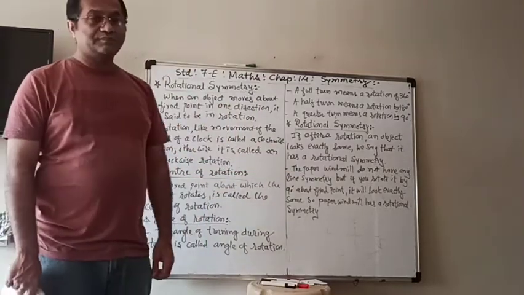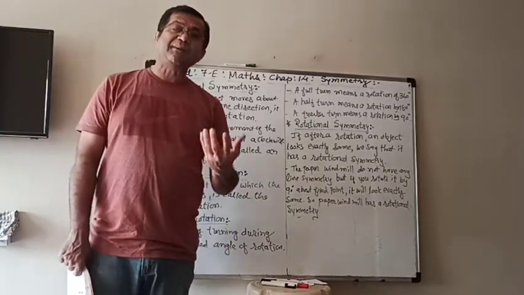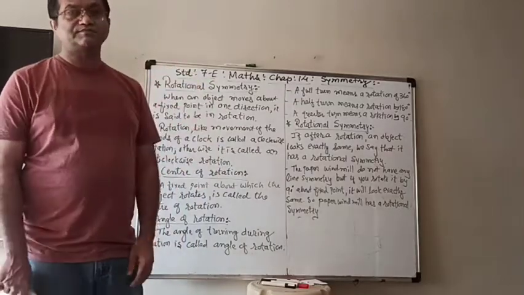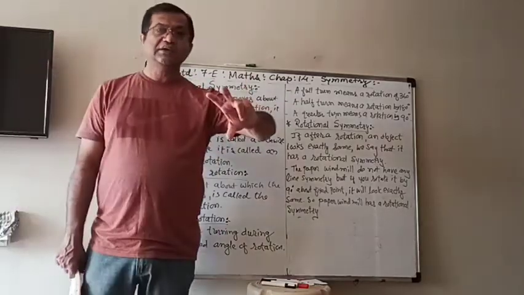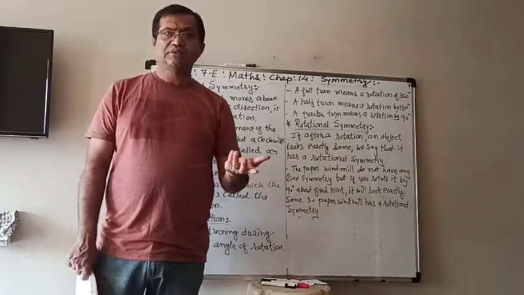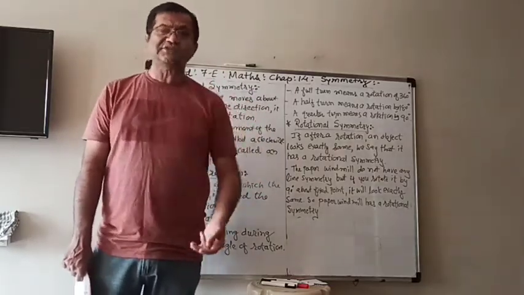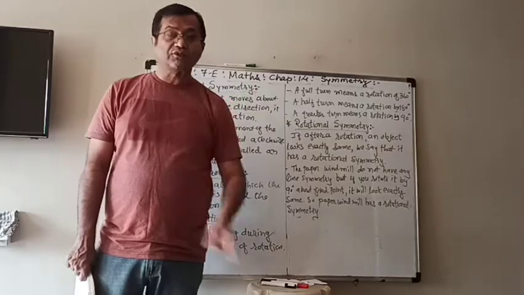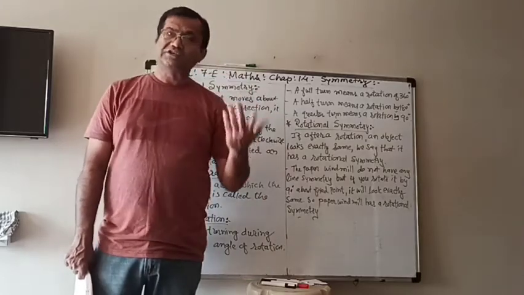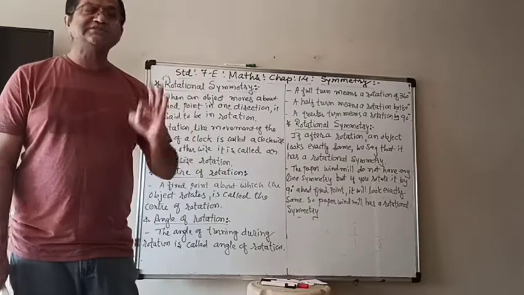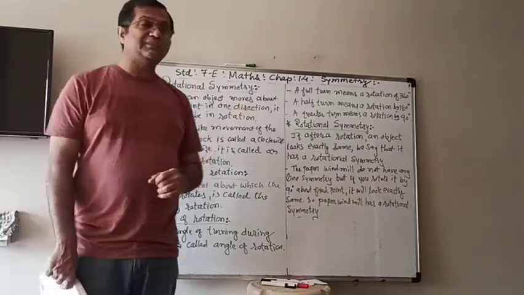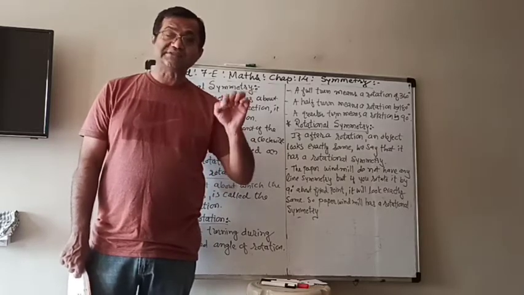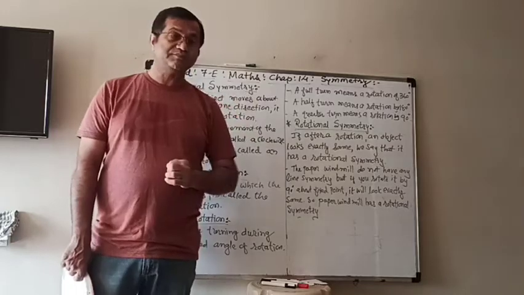Now, the paper windmill. We know that a paper windmill, when it completes its quarter rotation, will look the same. Again another quarter rotation, meaning half rotation, it looks the same. Another, it looks the same. Complete rotation, full turn, also it looks the same. It means that the paper windmill does not have a line symmetry, but it has a rotational symmetry.